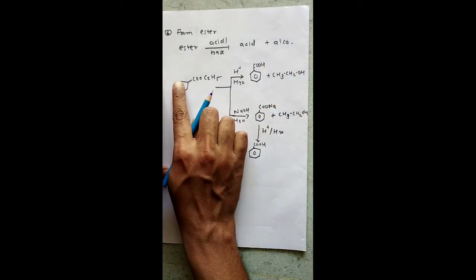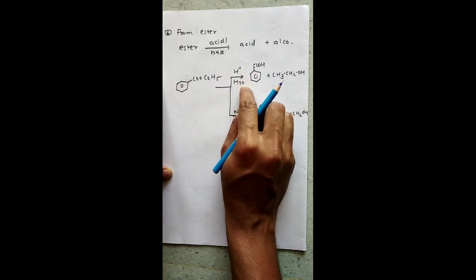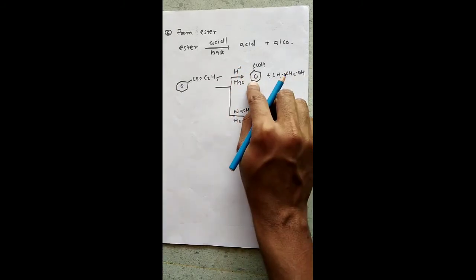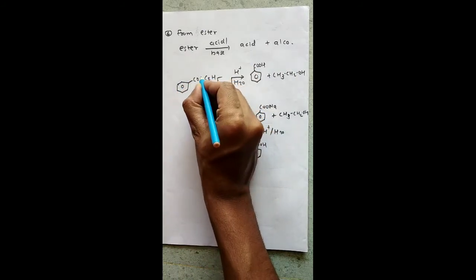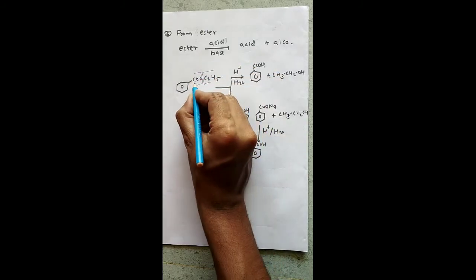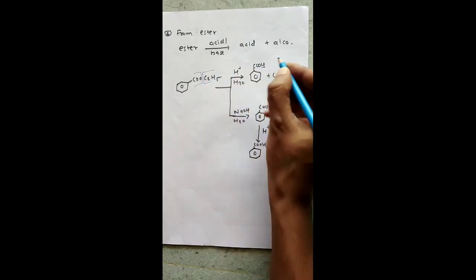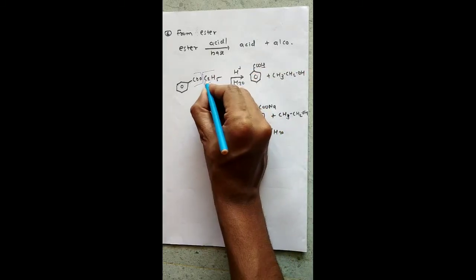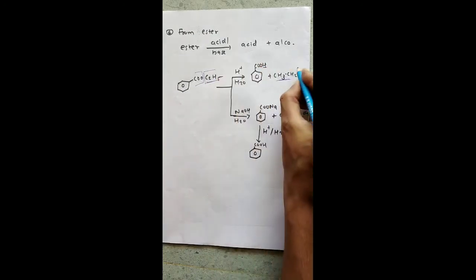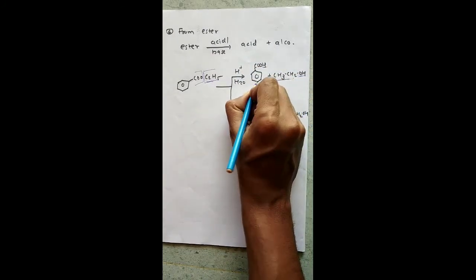We have a benzene ring, then COO(C2H5). When we hydrolyze it in presence of acid, then what will happen? You can see, break this bond. On this side add H plus, you can see COOH, so it is benzoic acid. Then CH3CH2, C2H5, you can see this one is the same. On that side add OH, so it is our alcohol plus acid.